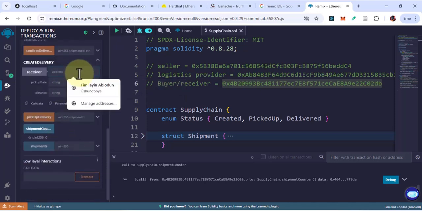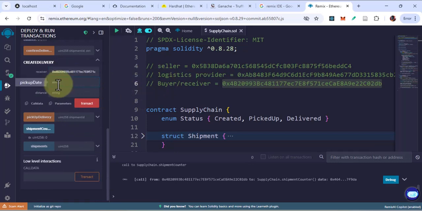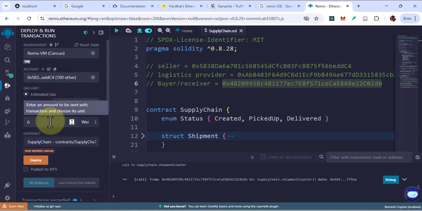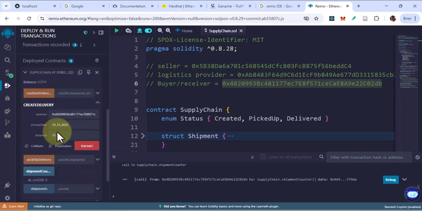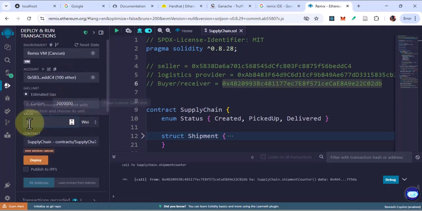So this is our receiver, just for sample sake. Pick up it. Let's just say 10. So it is going to be a string, just something. Although the distance, let's say the distance is 12. And then the price, because you need to pass a value, let's say it is 38. So now that we have that, we just go ahead to,